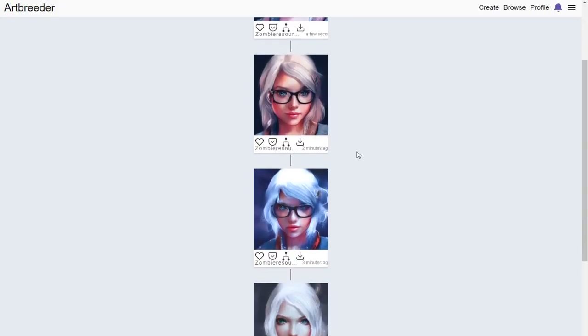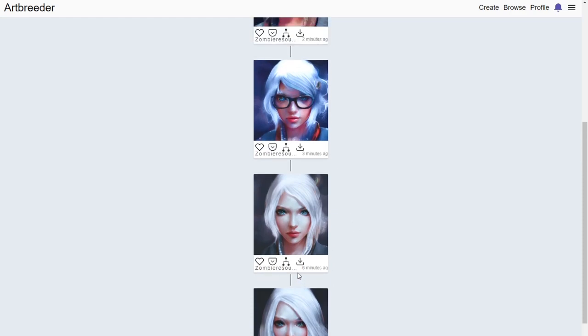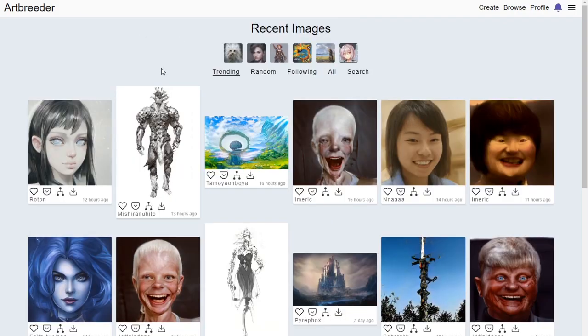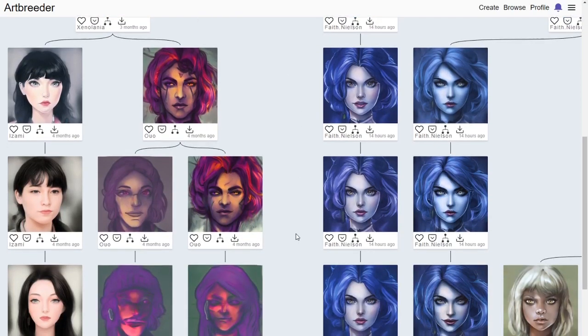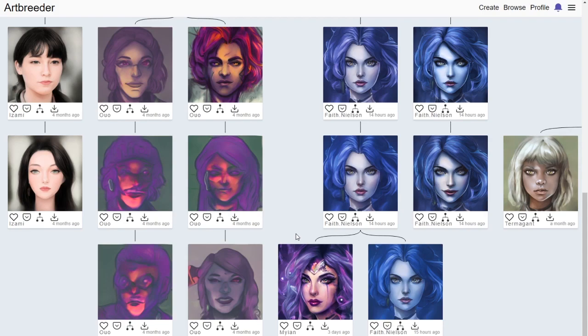This one is the children or the parents of the image. So I can look back and see Asperini, the original one I started from. You can see every step that I took to get to the image that I originally settled on. Now some of these have long genetic histories. Let's try to find one. Here we go. So you can see this one has had a lot of pairings and a lot of iterations